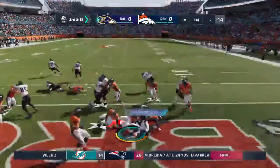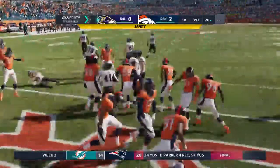On 3rd down, here's Kamara. Oh, and he's not going to make it out of the end zone. The push too strong, and that'll be a safety. Well, we thought...